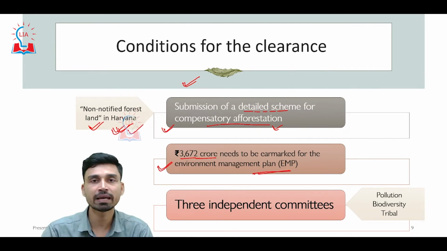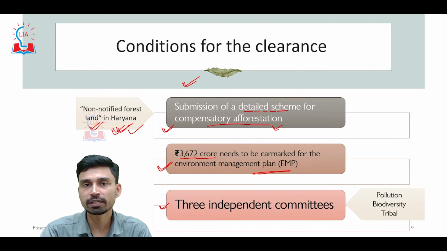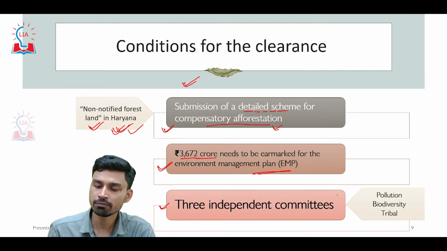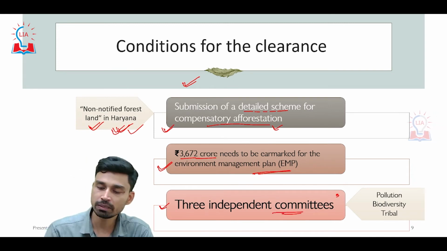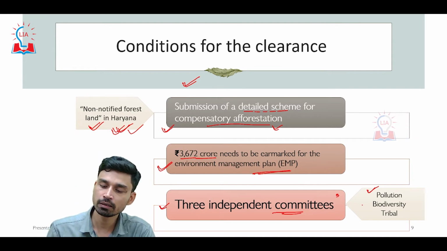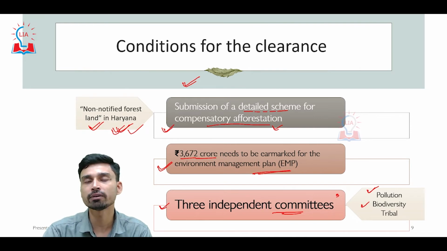the environment management plan. And third, because once this project takes off, there will be a lot of adverse impact on the habitat and on the biodiversity of Great Nicobar, the Environment Ministry has clarified that they will set up 3 independent committees. The first committee will look after matters related to pollution due to the project. The second committee will look at matters related to biodiversity and how the biodiversity is being affected by